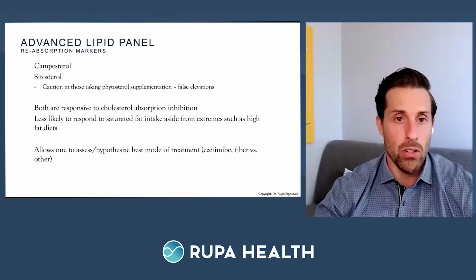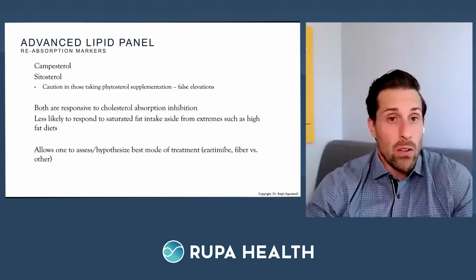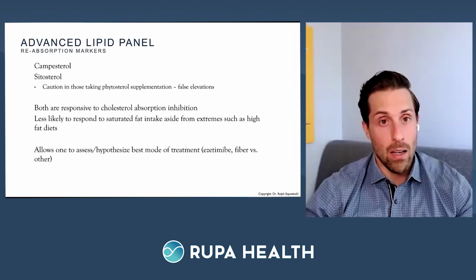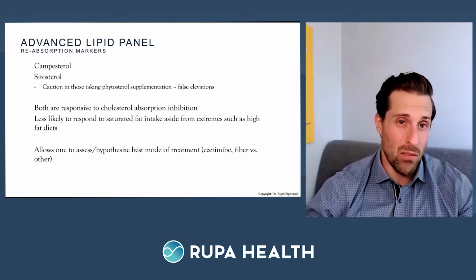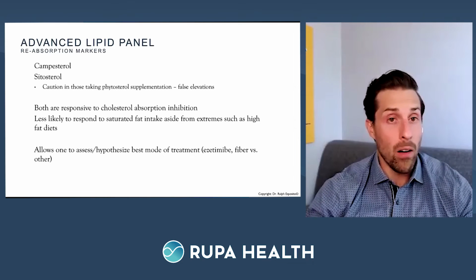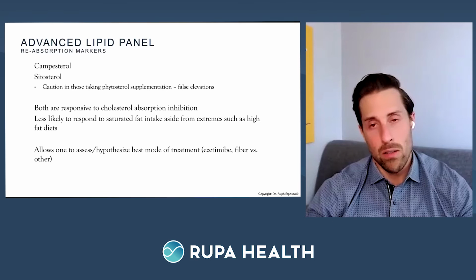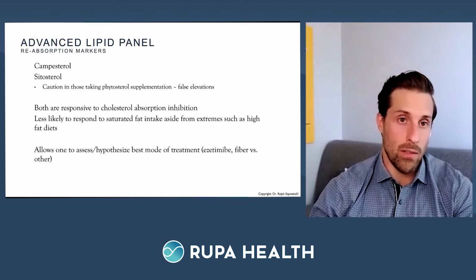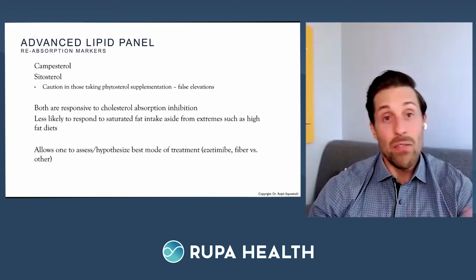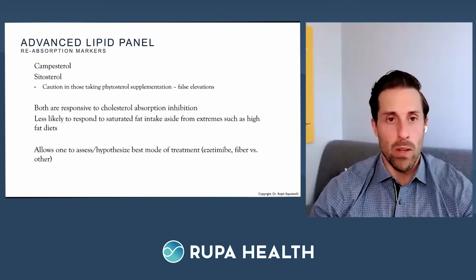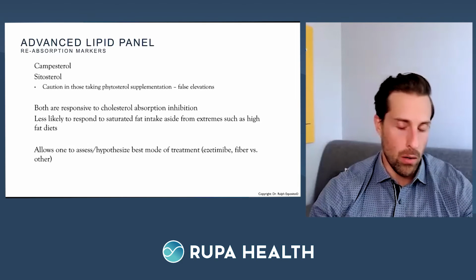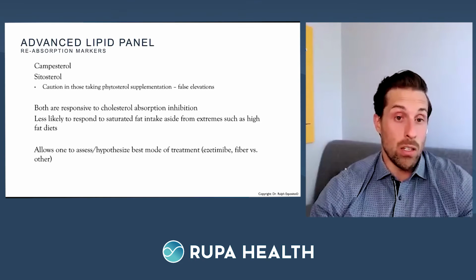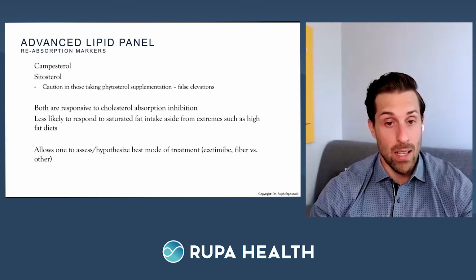Then we talk about reabsorption markers, campesterol and sitosterol. These are phytosterols, beta-sitosterol. So you want to be careful with individuals who are taking phytosterols, like if they're taking a prostate formula, or if they're taking a formula for their hair, or if they're eating a lot of phytosterols. You'll see that, although I haven't seen anybody eat so much that it causes elevations, it's mostly from supplementation. If they're doing those things, then you can't say if they're reabsorbing a lot of their cholesterol or the cholesterol in their gut. So these are responsive to cholesterol absorption inhibition, and that could be from medications like ezetimibe, but